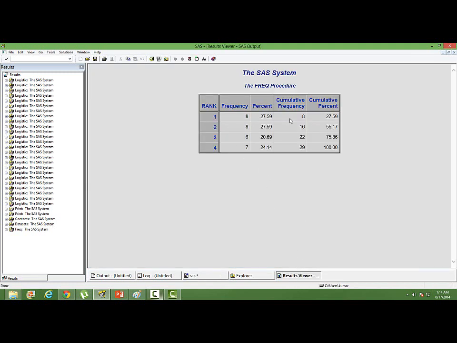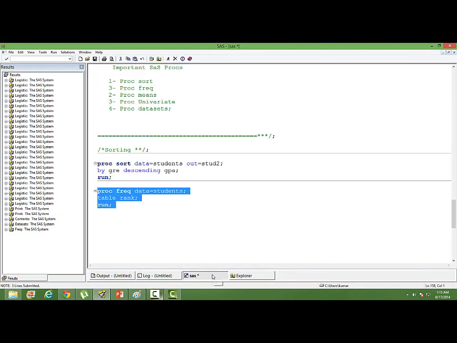Look at the SAS output of proc frequency. We have the number of counts, the percentage, individual percentage. If you add them up, it will be 100. The cumulative frequency and the cumulative percentage. That's all you get in the proc frequency. We can have 2 by 2 cross tabulation or even 3 by 3 cross tabulation by